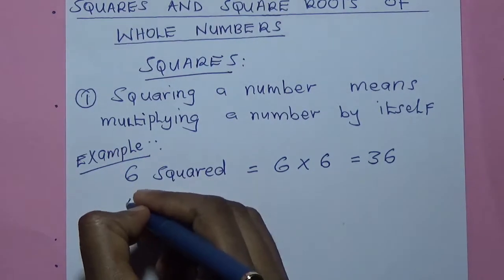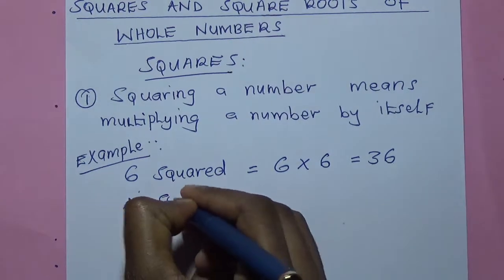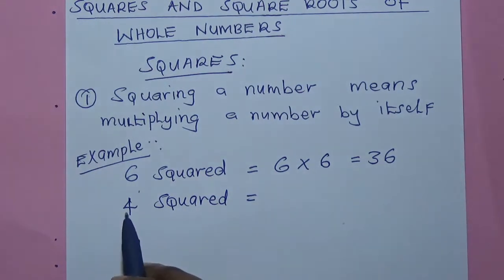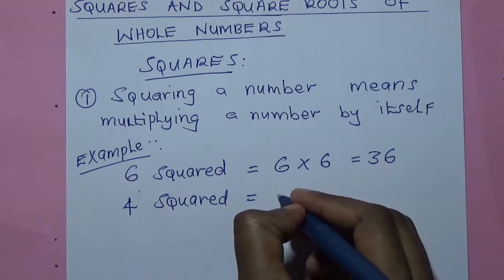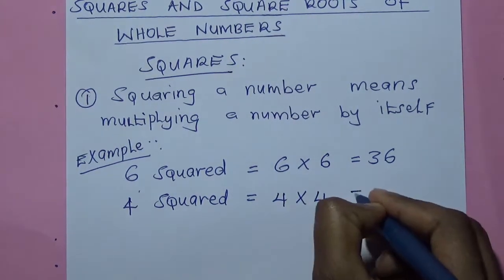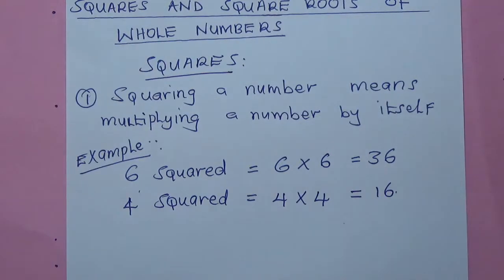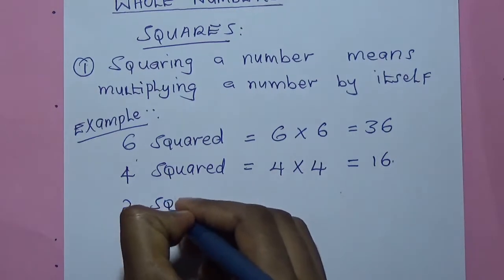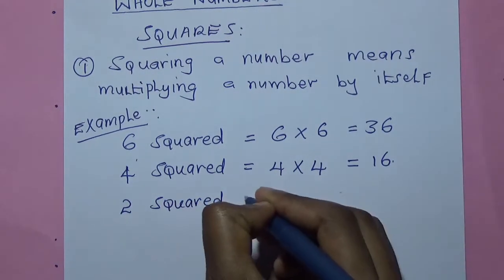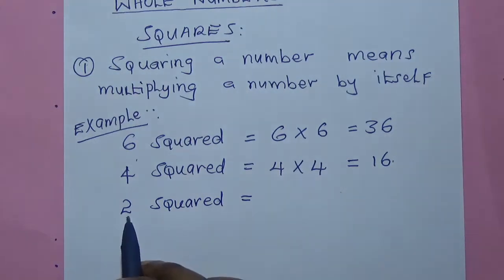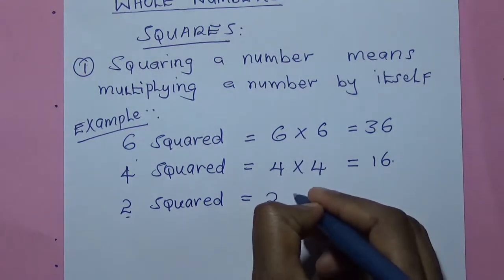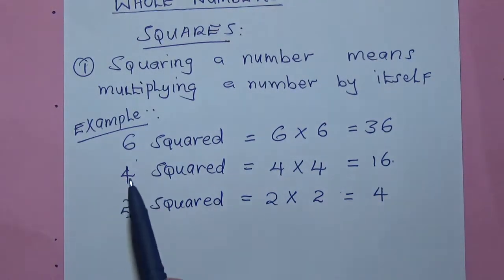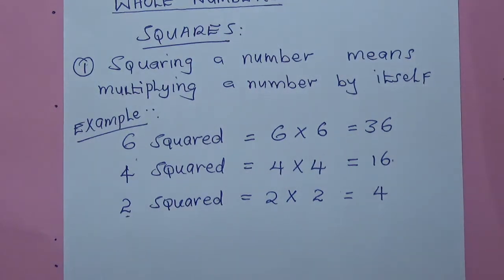Or if you are given 4 squared, it means you multiply 4 by itself. So it will be 4 multiplied by 4 to give you 16. Also, if you are given a number like 2 squared, it will be 2 multiplied by itself. So it will be 2 multiplied by 2 to give you 4. So that is what squaring means. The second point,